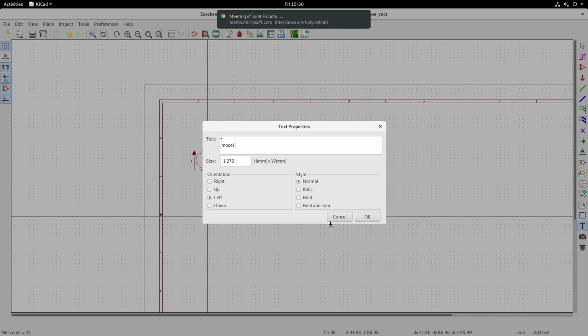I will just say star and then I will say dot model. Diode had to be defined, so 1N4007.